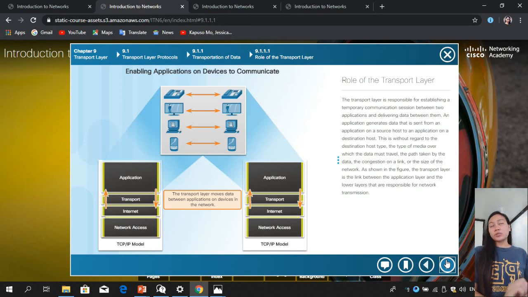The role of the transport layer: it is responsible for establishing a temporary communication session between two applications and delivering data between them. An application generates data that is sent from an application on a source host to an application on a destination host. This is without regard to the destination host type,